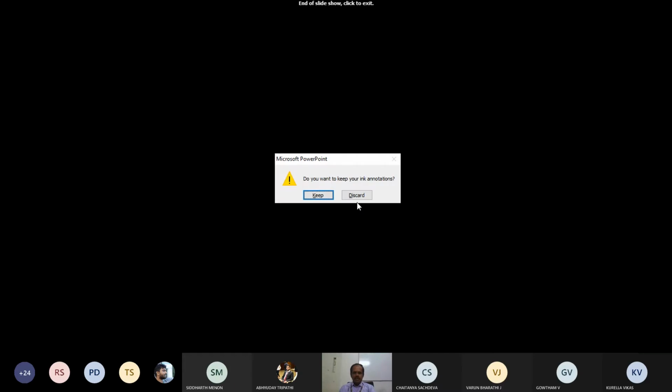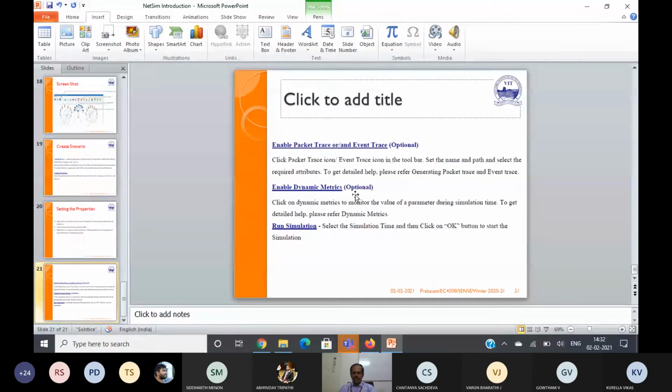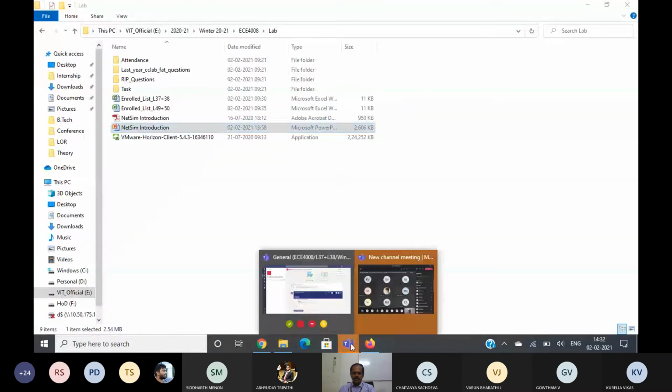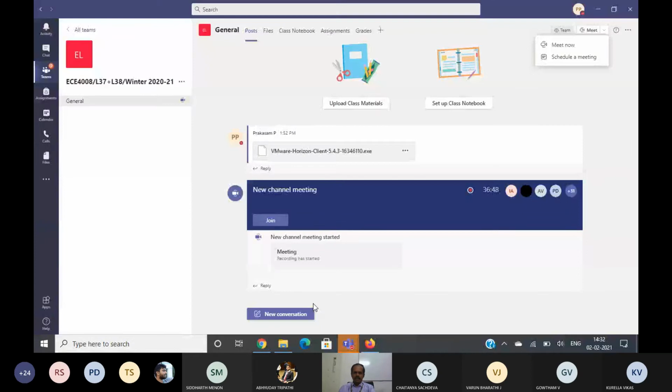So next we will see how to access using the virtual mode. We see here, on our Teams page in general, one exe file is there. Can you see this?